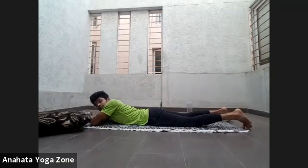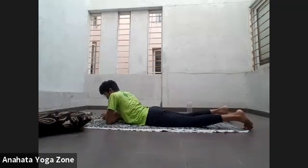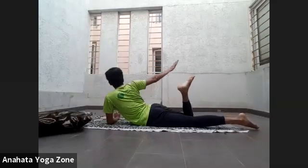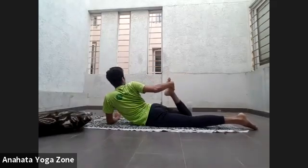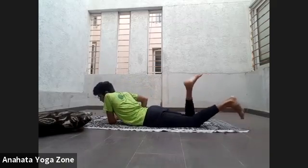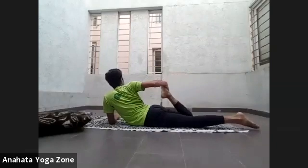Now let's repeat the same thing on the second side. So this time you're going to press the right forearm on the floor, tuck the tailbone in again. Slowly bend the back leg. Take the left arm behind, grab hold of the foot, and pull the foot to the glutes. Remember the caution, do not allow the thighs to go apart. Slowly, let's get started. 1,